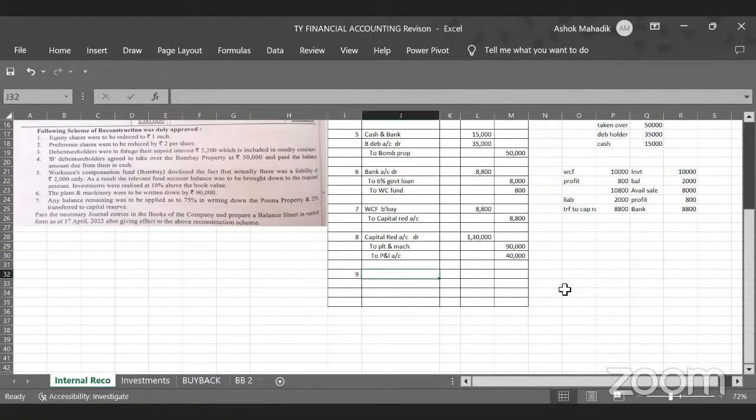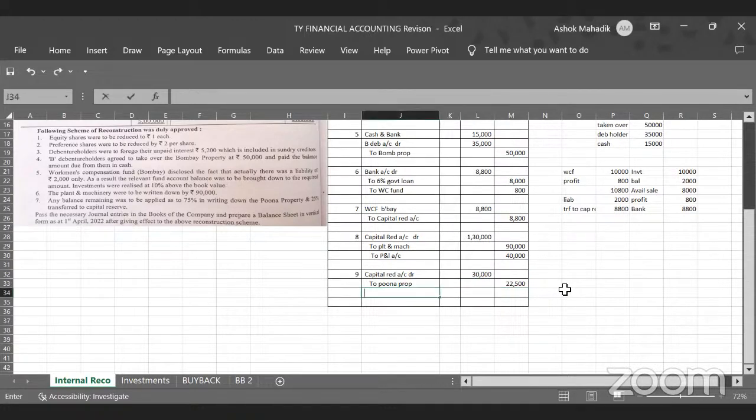Capital reduction account debit. $30,000 was balance to Pune property. How much? 75%. So 30,000 into 0.75